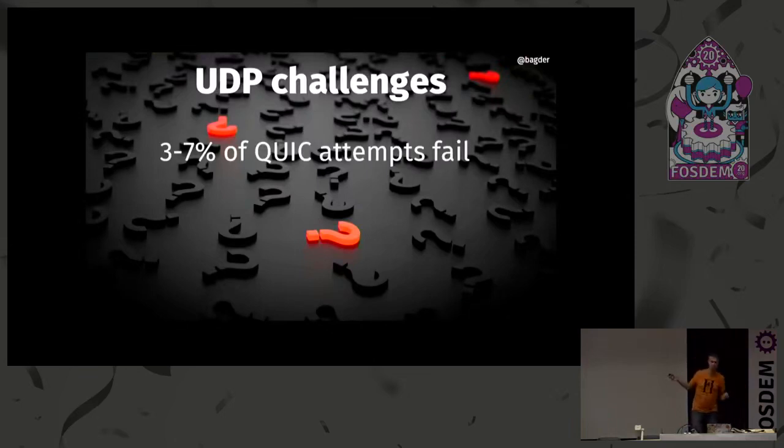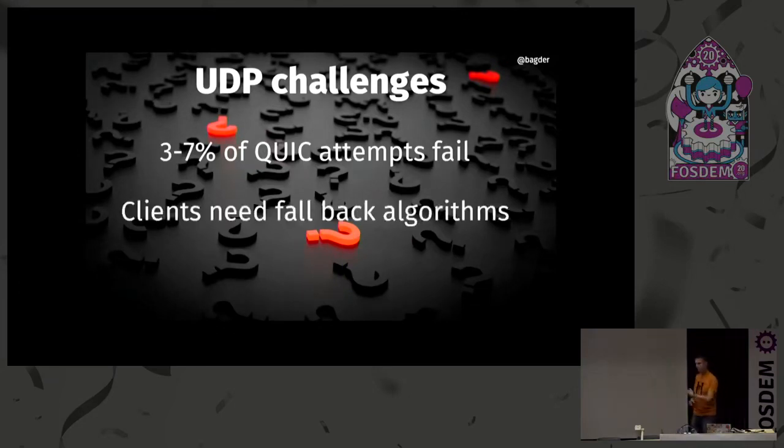So somewhere around 3, 7, 20% of connections from clients to servers will just fail because someone along the way has blocked UDP, because UDP is bad and it's mostly DDoS. Anyway, DDoS and DNS. So all clients then need to have fallback algorithms, and they have to work transparently because that's what your users want to use, right? And this also has the reverse incentive that since everyone is going to fall back anyway, it's pretty easy to block UDP because most clients will just silently fall back anyway, so it's going to be interesting.